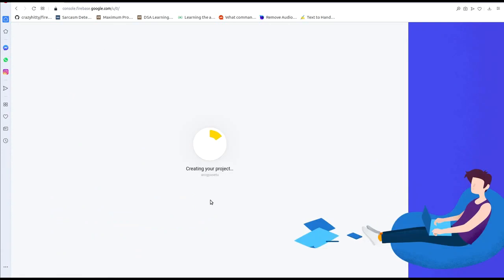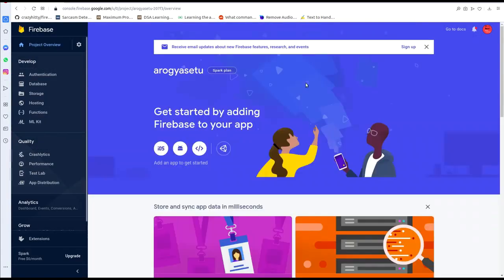Firebase takes some time for creating the project, as it takes up memory from the Google servers, which are located in their data centers. Also, Firebase provides us many facilities for web development, and in Android and in iOS, the data is being collected in real time. So Firebase is also playing a vital role in today's world. It is some sort of free, but you can upgrade to professional and buy it if you are professional. So the project is created successfully.